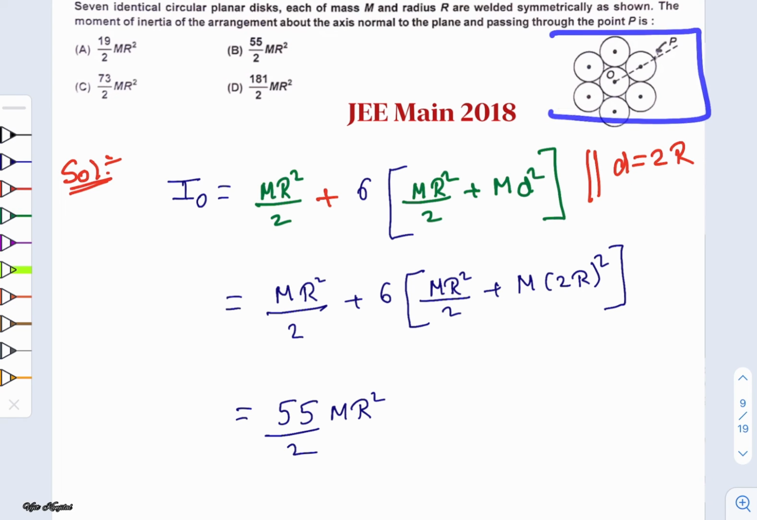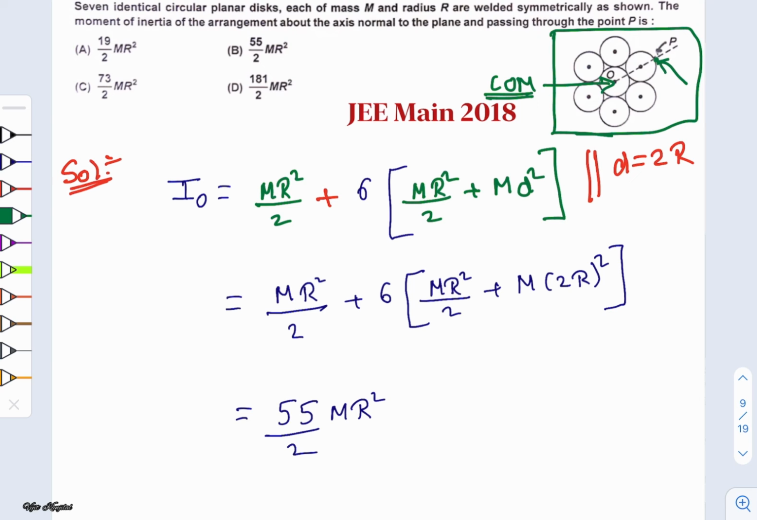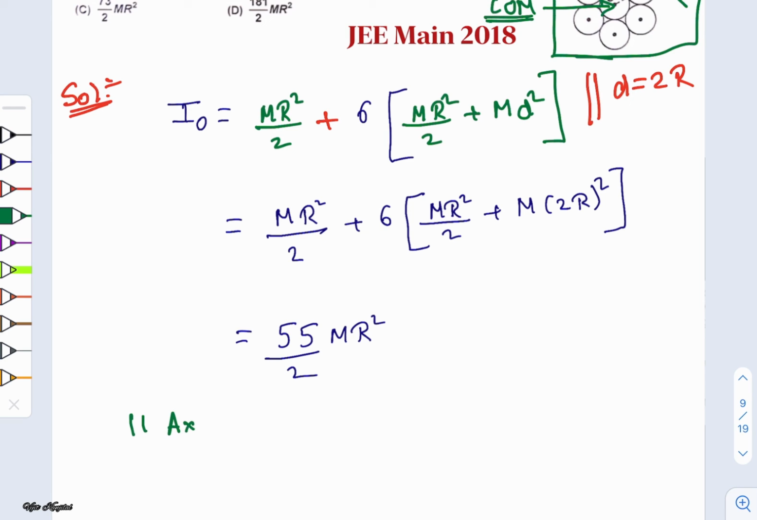Also, if we look closely, this point O is nothing but the center of mass of this particular system. So we know the moment of inertia of this system with respect to an axis which is passing through the center of mass and is perpendicular to the plane of the screen. So we can simply apply the parallel axis theorem to calculate the moment of inertia with respect to an axis which is passing through point P and perpendicular to the plane of the screen. From the parallel axis theorem,